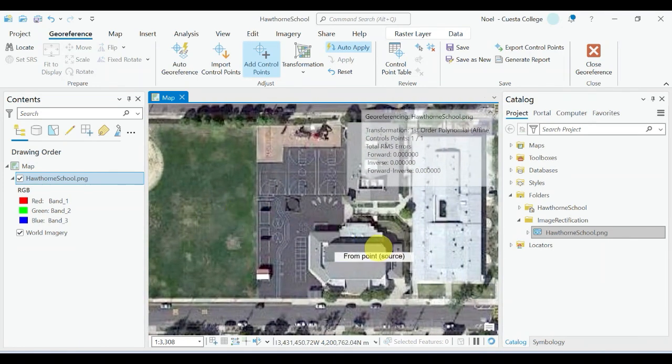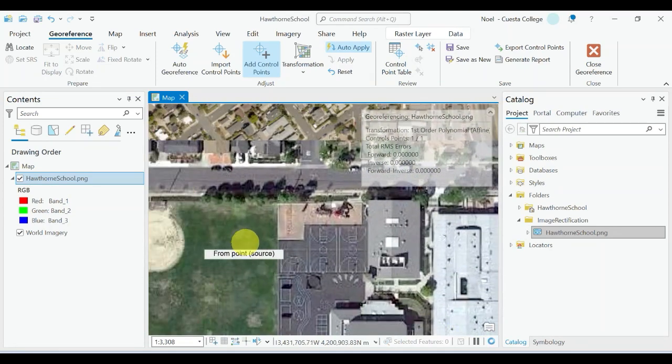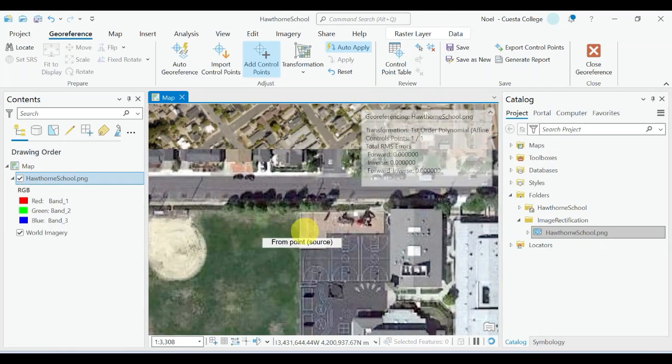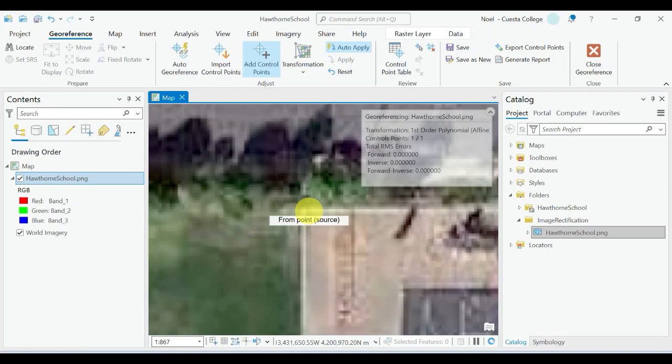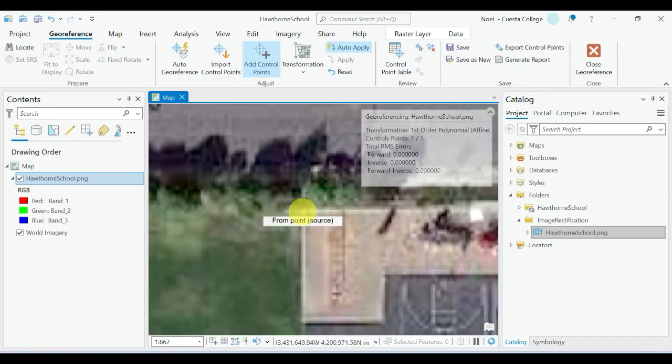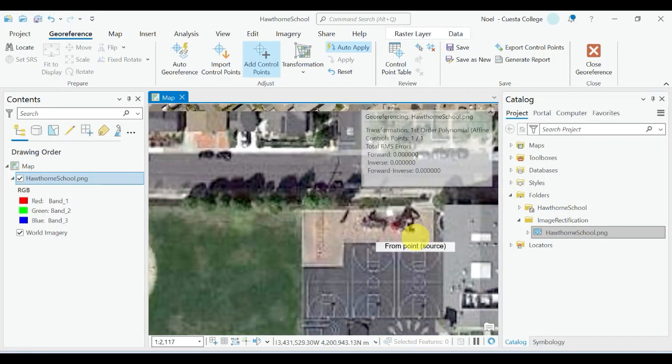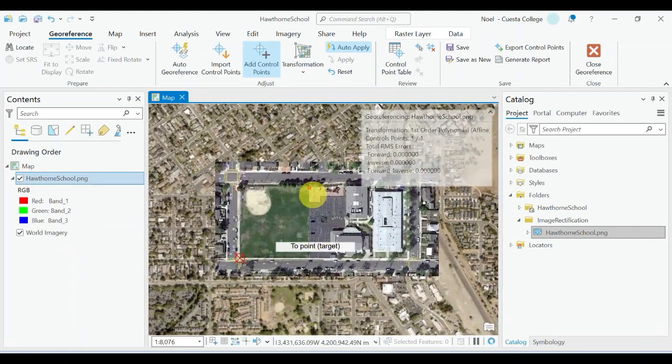So now let's go to the other side of the baseball field, since we could see this corner. It's not covered by any tree canopy. I'm going to select right at the corner on the image, okay? And you could see here that my Hawthorne Elementary School on the base map is covered